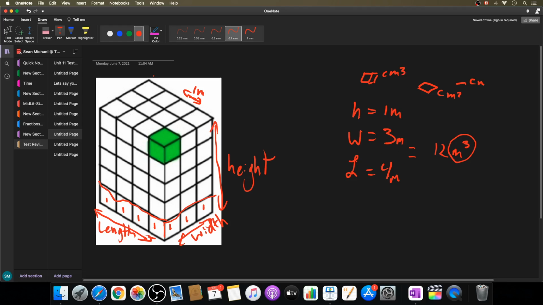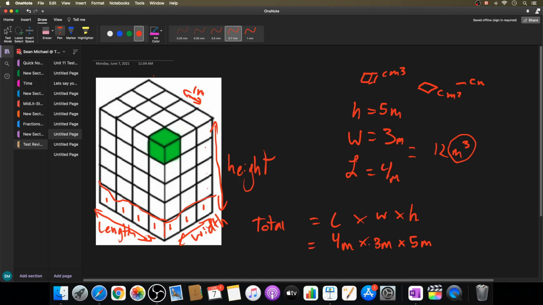Now what we want to do is figure out the whole size of it. All we have to change is how big we say this is. So this is 1, 2, 3, 4, 5. It is actually 5 big. Our equation for the total number of blocks is the length times the width times the height. So the length is 4 meters, the width is 3 meters, and the height is 5 meters. And so this will give us a total of